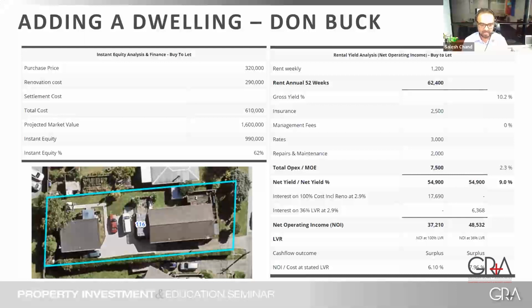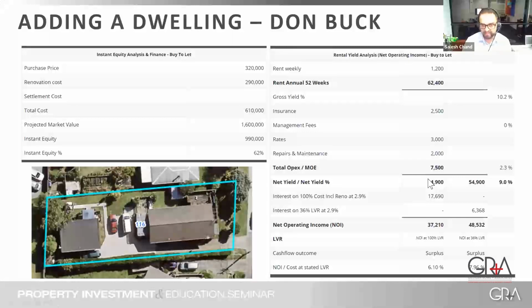And my formula has no change. This is the kind of properties I chase. I chase big land, cash flow investing, and that's it. And so currently it's rented at $1,200. Now the rent has just gone up to $1,500. So it's rented to a charity as well, government social housing providers. My outgoings is about $7,500.